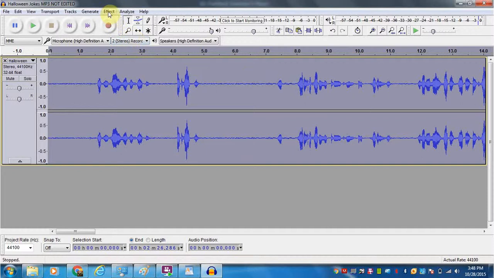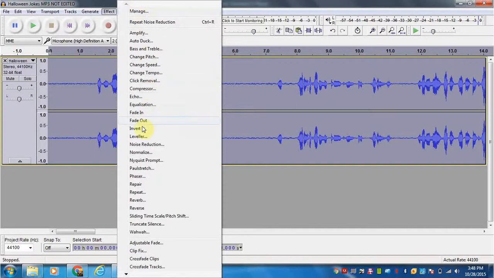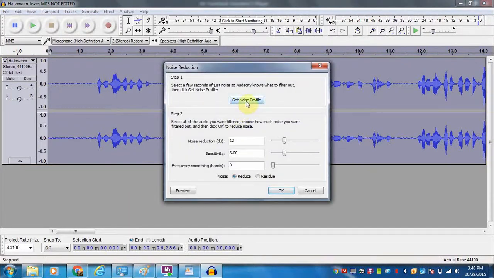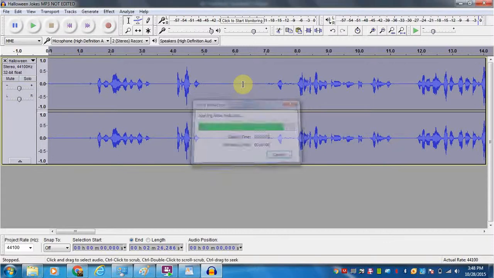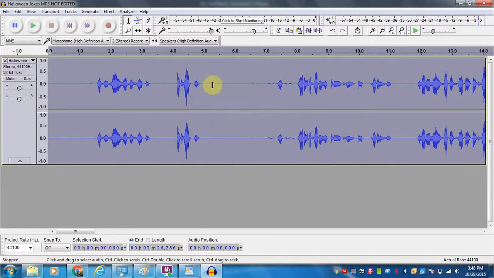So now that I've done a noise profile, I'm going to go to Effect, and I'm going to go down to Noise Reduction. I've already gotten the noise profile, so I don't have to select here. I'm going to keep these default settings, and I'm just going to click on OK. Now watch the file closely, and you're going to see that this part here is going to go from a really small noise signal to a very flat line, and you can see that now. So now when I play it,